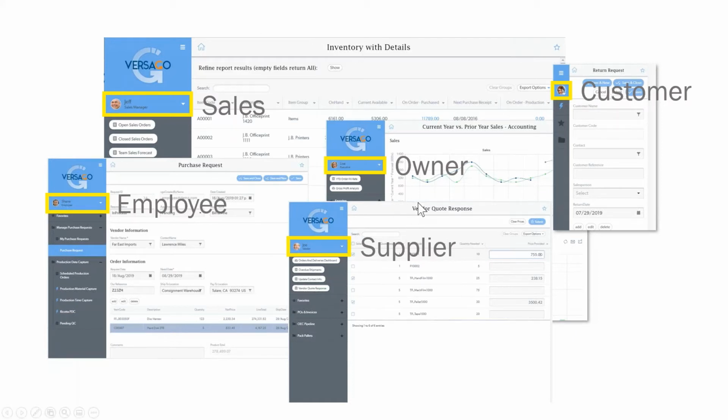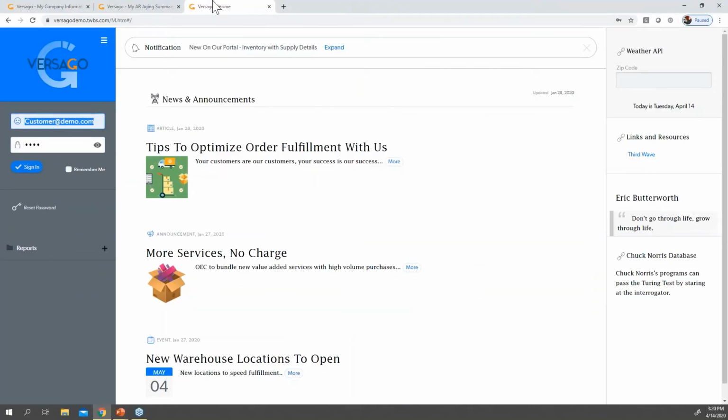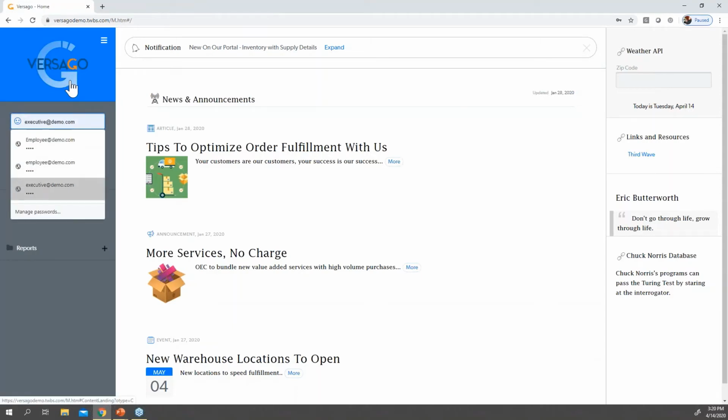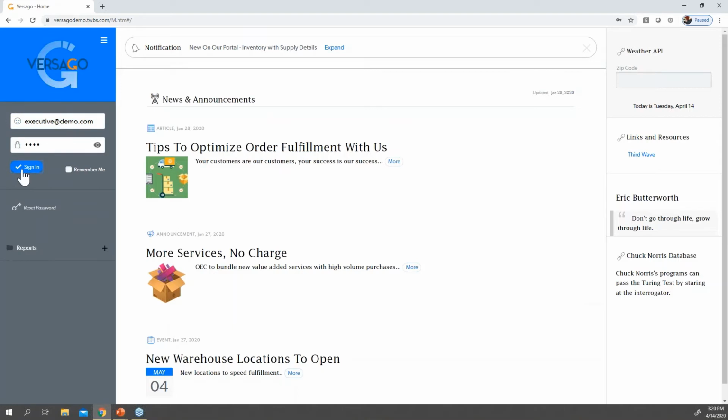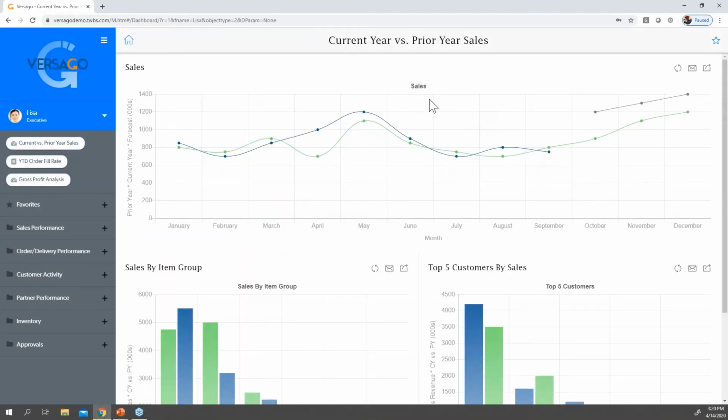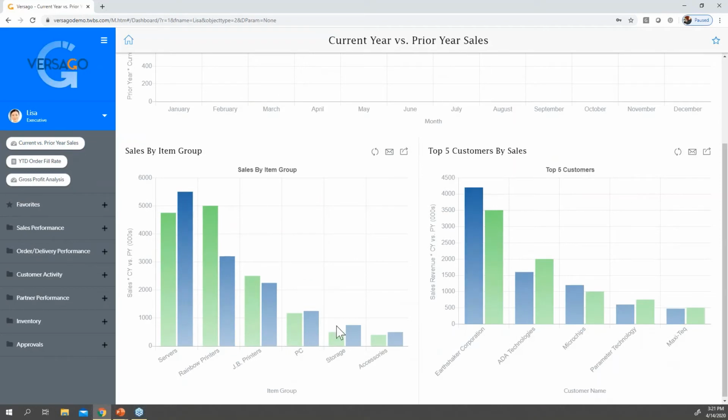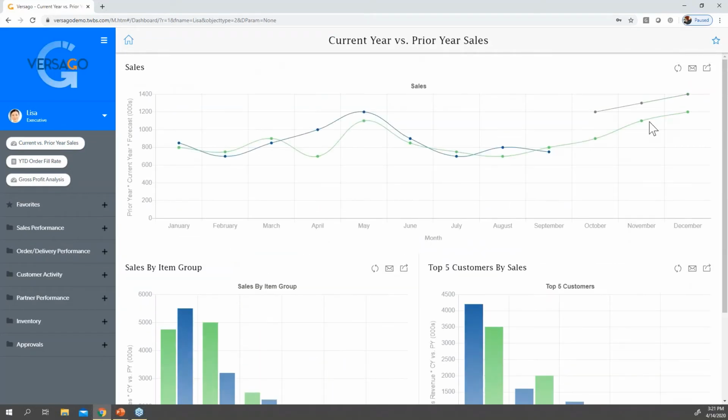Next thing I'm going to cover off is really around an owner of a company who, historically, is getting information fed to him by users, having meetings, getting Excel spreadsheets updated. We can take all of that information and put all of that into Versago for the executive or the owner. So here, I'll just log in as an executive and show you. This is where, as an executive, we can start looking at KPIs of top customers by sales, items, year-over-year comparison, which is something that's probably really, really big right now.